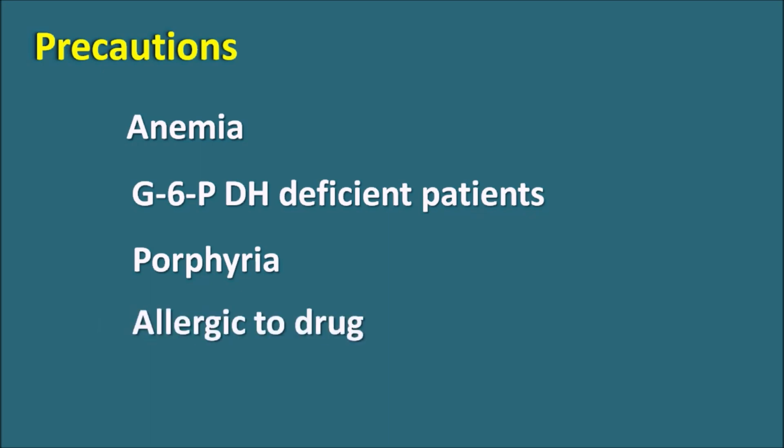And in a few patients, nitrofurantoin can produce allergy. So if any allergic response is observed in the patient, it should be immediately stopped. In this way, nitrofurantoin can be used in the treatment of urinary tract infections, but it should be carefully given in anemic patients as well as patients having diabetes or general weakness or allergy to the drug. In all these patients, nitrofurantoin should be carefully given.